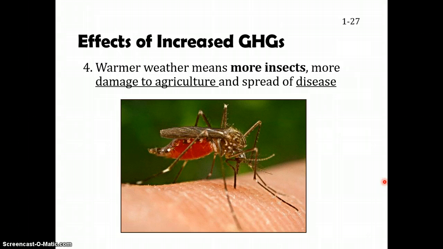Now again, this isn't going to happen overnight, but we've already started seeing these changes. For example, the insect populations have changed so much that scientists are now starting to notice that in bird migrations. A lot of birds around the world are starting their migrations earlier because they're following insect populations. They'll move back into those colder ranges where they flew away from because now there's food there. So these effects are already being seen. As I said, they've already measured sea level rise. Granted, it's not a lot, but it definitely has the potential to increase over the next few decades.